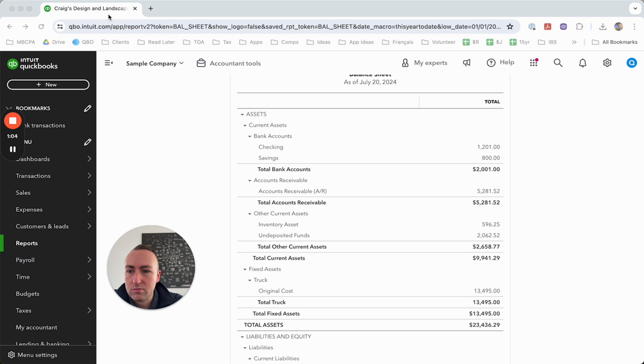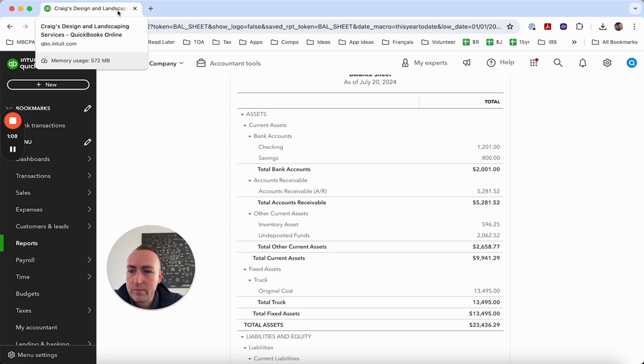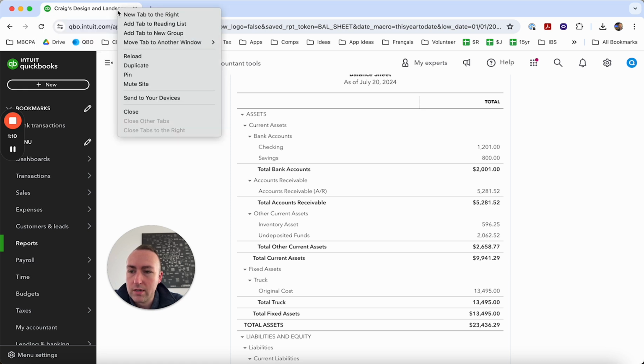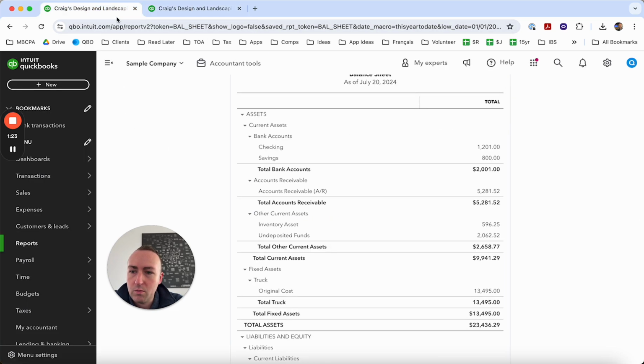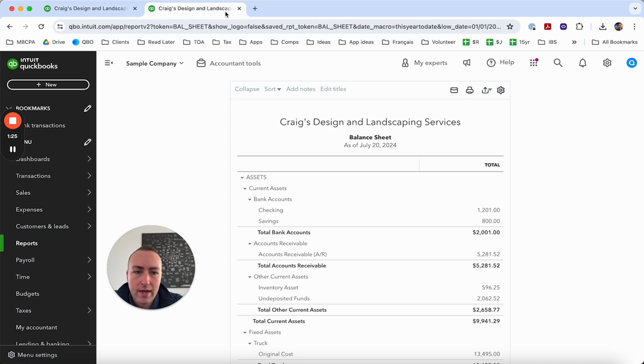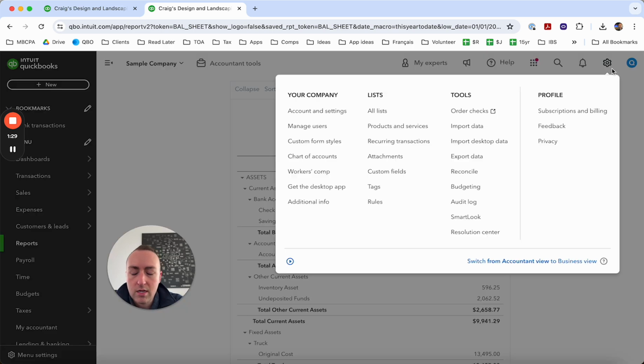Now that I have this report open, a handy trick, just in case you're not aware, you can right-click on the tab at the top of your screen. You probably can't see my window right now, but you can duplicate the tab. So now I have two tabs with QuickBooks open, and one of them is the balance sheet, and now over here I'm going to go to the gear icon. There's a few different ways to get to reconciliations, but this is usually the way that I go,